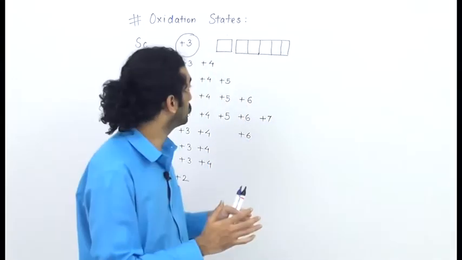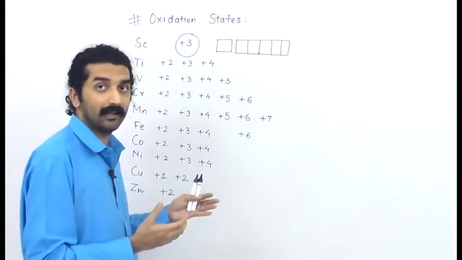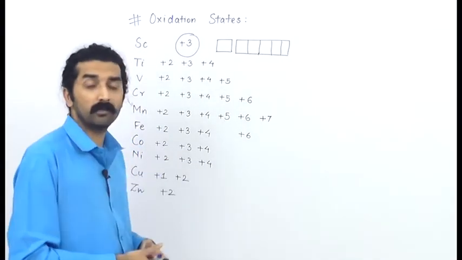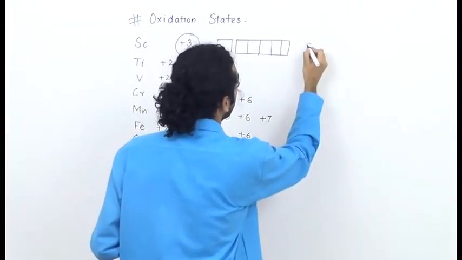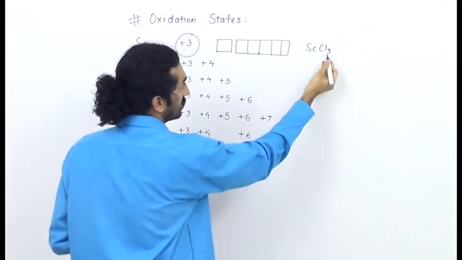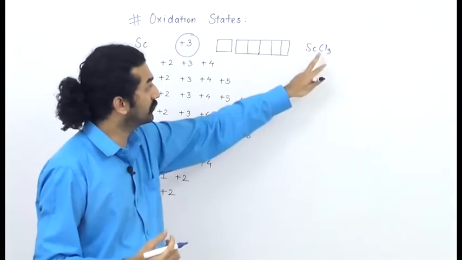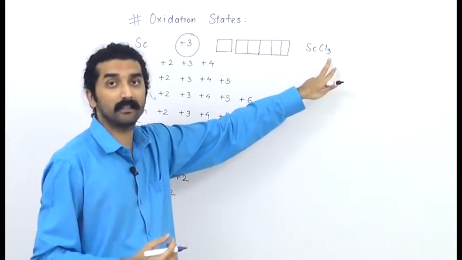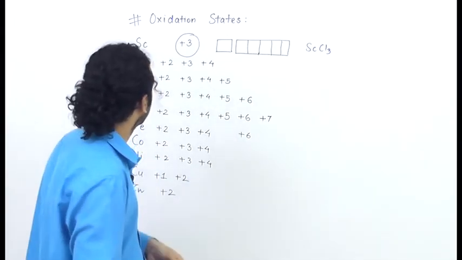So now it has reached a stable state with the +3 cationic charge, and hence can form compounds like ScCl3. Scandium chloride is one common compound where scandium has a +3 charge, and each chlorine anion has a -1 charge. So 3 chlorine anions have -3 and scandium has the +3 charge. So this is how it sorts itself out.